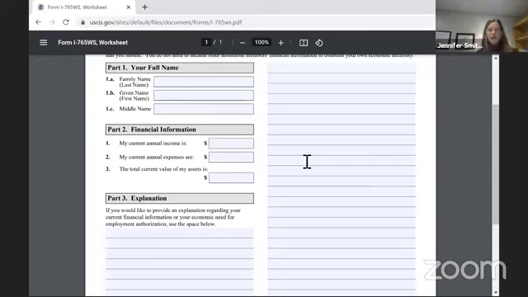Another requirement is that you have to prove that you were in the US on June 12th, June